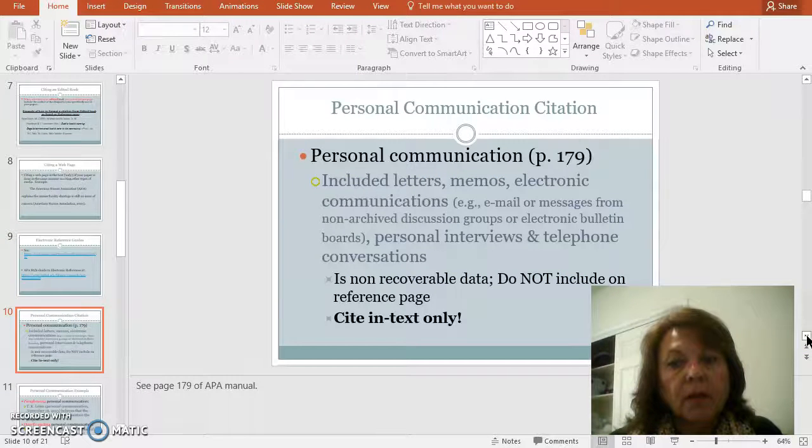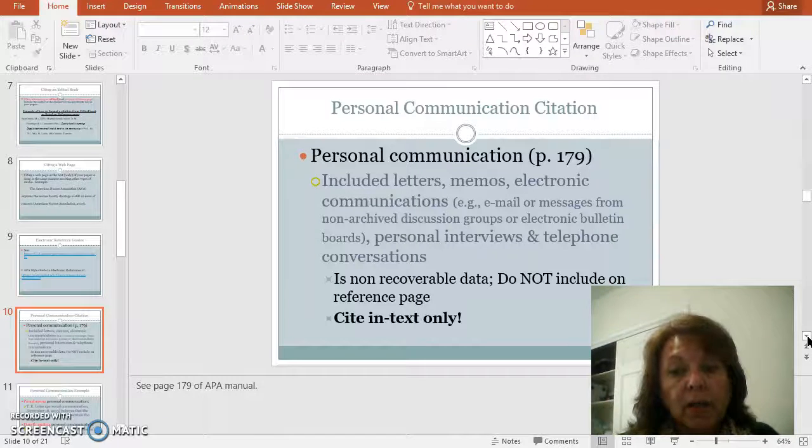Personal communication is something else you might run across as you're writing your papers, and that's simply if you have a conversation with someone, you interview someone over the phone, maybe it's a discussion group that isn't saved anywhere, it's an interview, a phone conversation. This type of data is non-recoverable, so we don't ever cite personal communication on our reference page,